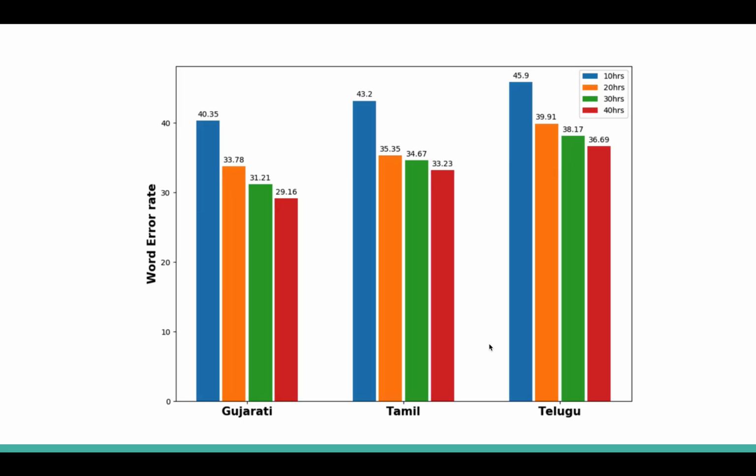In this diagram, we show the bar plot of the amount of training data used with respect to the WER. We split the data for each language into 4 different parts: 10%, 20%, 30%, and 40%. And it can be seen that the difference between 30%, 20%, and 40% model is very small, which means that using only 25% of the total training data, we can obtain competitive results compared to the previous methods.